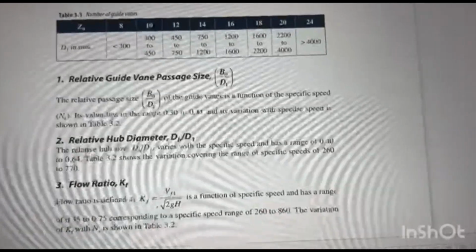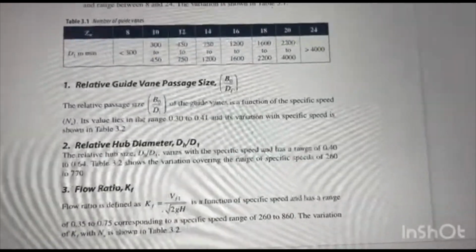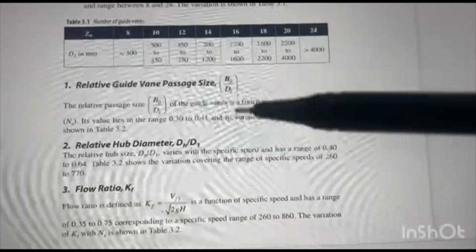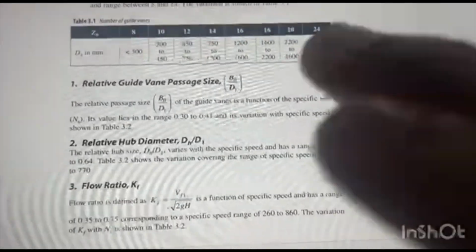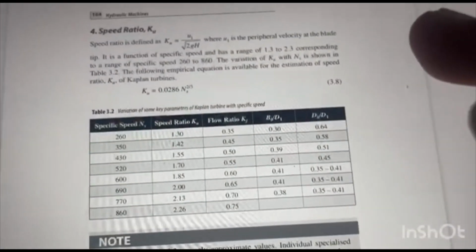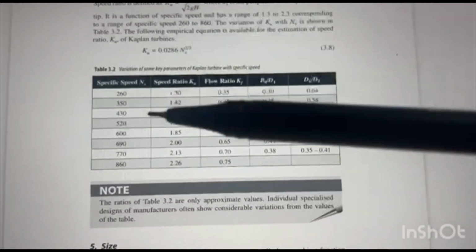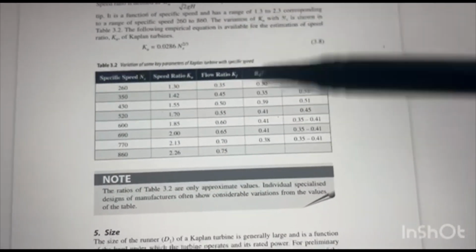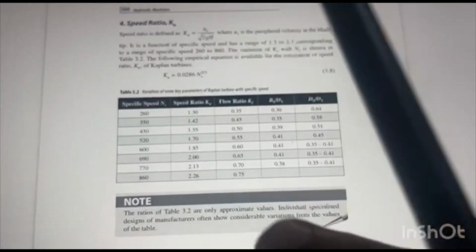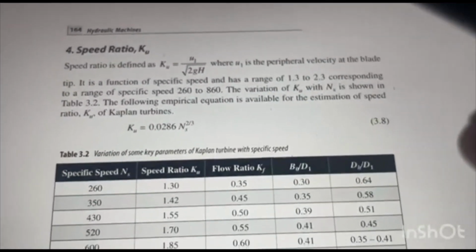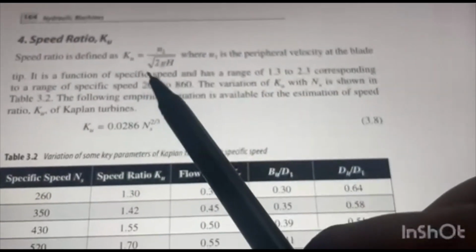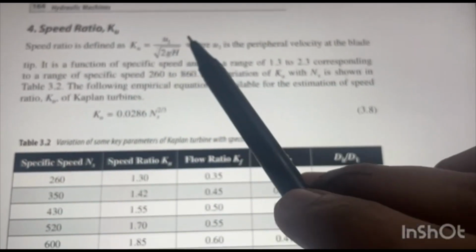फ्लो रेशो का फॉर्मूला हमें पता ही है, दैट इज VF1 अपॉन √(2gH), और VF1 इसमें VF2 के इक्वल होता है। ओके, क्योंकि कैप्लन और प्रोपेलर की बात करें। नेक्स्ट पे जाते हैं, ये टेबल बहुत इंपॉर्टेंट है, इसमें रेंज दी हुई है कि कितनी स्पीड पे कितने रेशो की, कितनी फ्लो वेलोसिटी की, और कितने डायमीटर रेशोज हैं। ये स्पीड रेशो KU है, फ्लो रेशो KF1 है। इसमें दोनों में बस ये एक डिफरेंस है, यहाँ पे U1 आ जाता है और वहां VF1 आ जाता है।